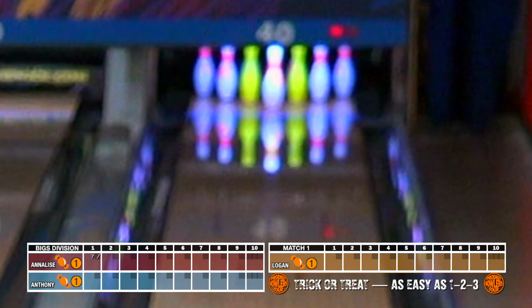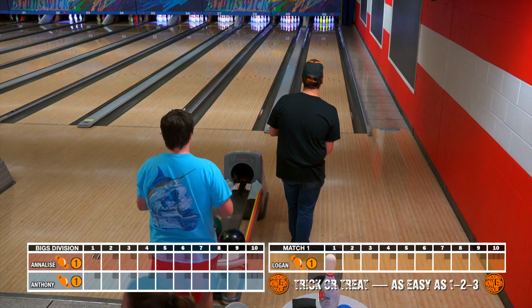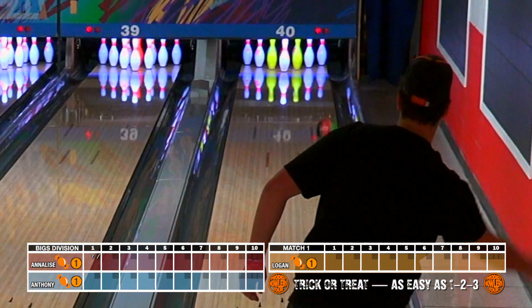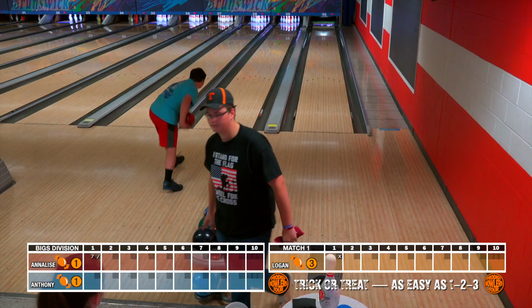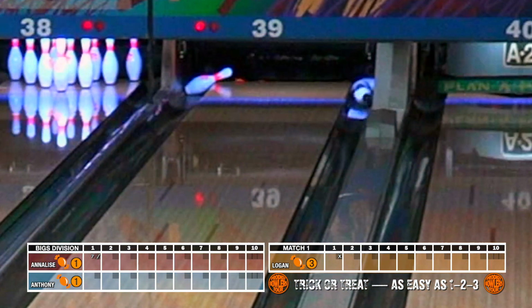Okay, now Big Logan Am on the right side. He's got a 2 and a 3-pin, so he can pick up 2 treats here. And he does, with a late 10-pin going out. No color pins here for Anthony, so no treats available. But he gets a strike